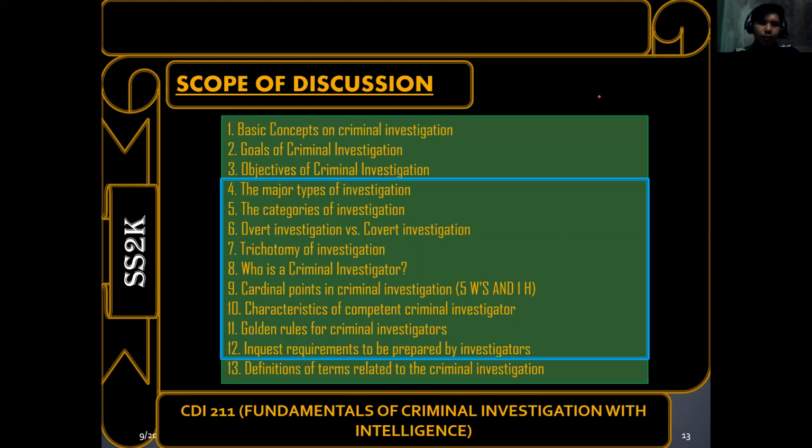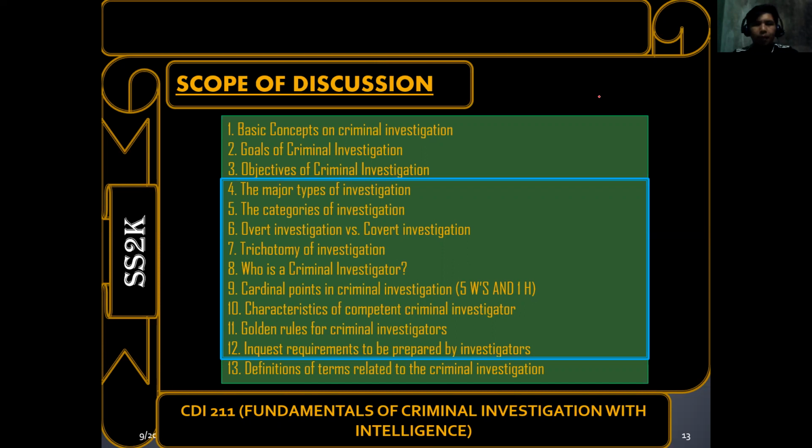We will also discuss one of the most important topics in fundamentals of criminal investigation, which is the cardinal points in criminal investigation, or yung pong starting point ng lahat ng investigador kapag nag-iimbestiga. Ito po yung 5 W's and 1 H, o yung tinatawag nilang 5 wife and 1 husband, dahil lahat po ng katanungan ng investigador na dapat masagot ay nag-uumpisa dito. Ito po ay nagsisilbing guide ng lahat po ng investigador para matukoy at malaman ang katotohanan tungkol po sa isang